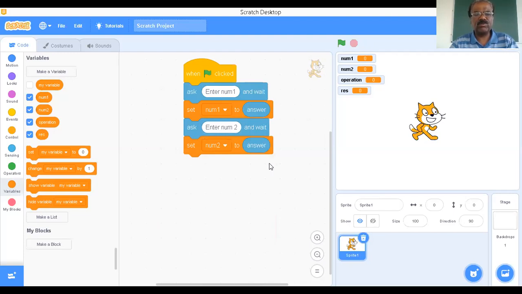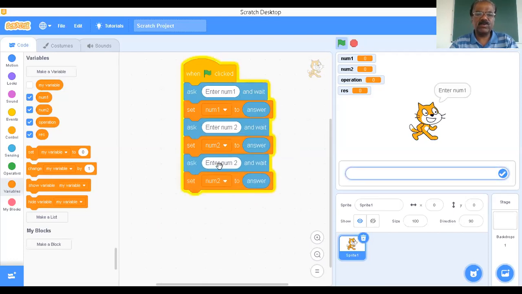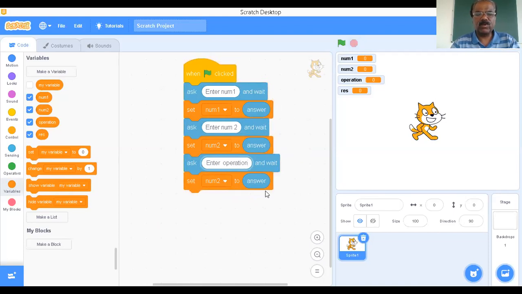Next, we have to perform the actual operation. Before that, we have to read what type of operation. Therefore, ask "enter operation". What type of operation do you want to perform?